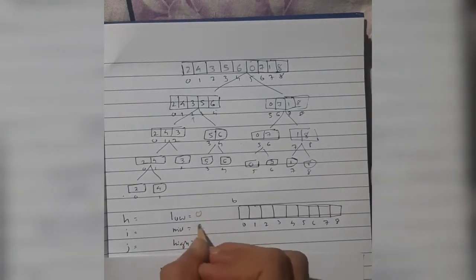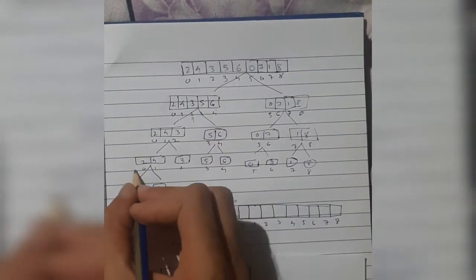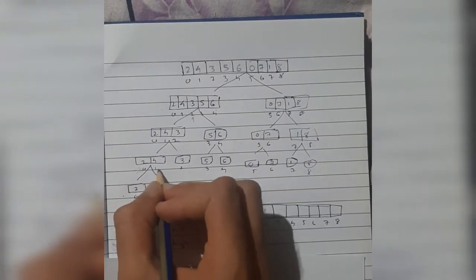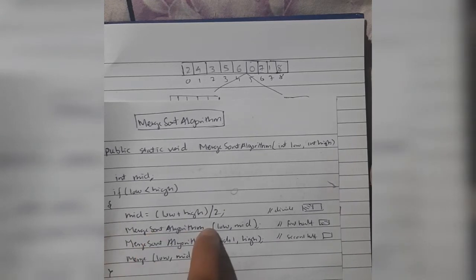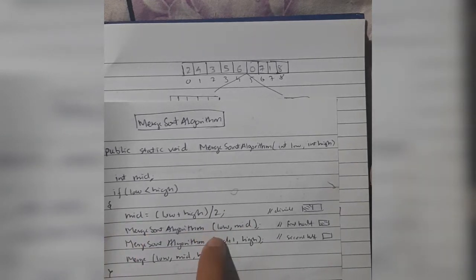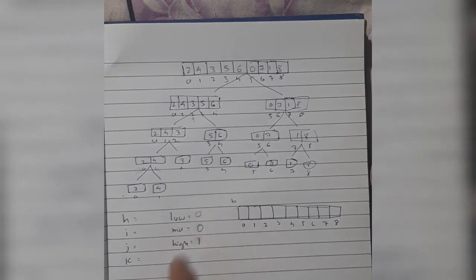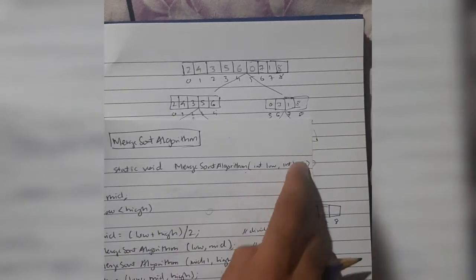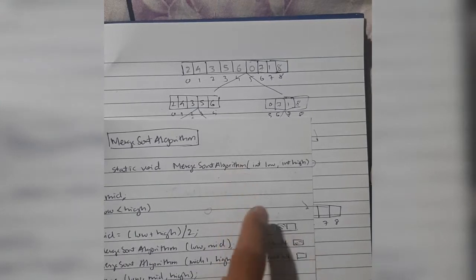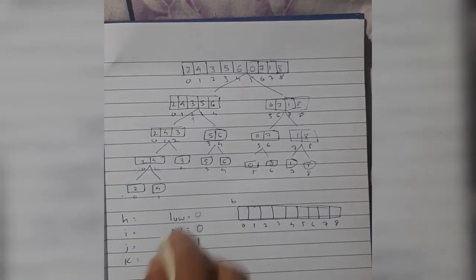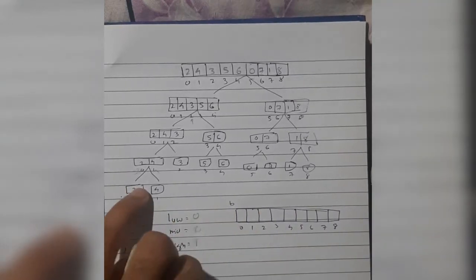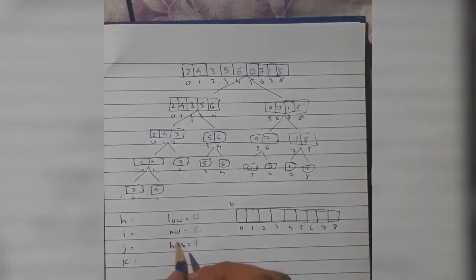So here the mid is 0 for this element. Okay. So low is also this, mid is also this, and high is this one. Then we'll be calling this one. The next line of code, merge sort algorithm, low comma mid. Low and mid is passed. What is low? Low is 0, mid is 0. So 0 and 0 is passed. It will come to low and high of this function. So low and high will become 0 and 0. So let's make the changes. Low and high is 0 and 0. We are under this element now. It's 0 and 0 here.